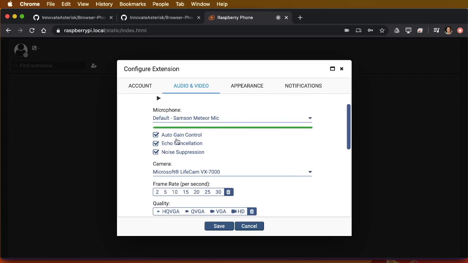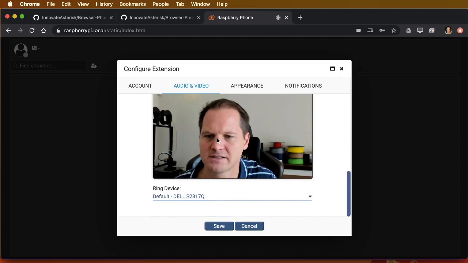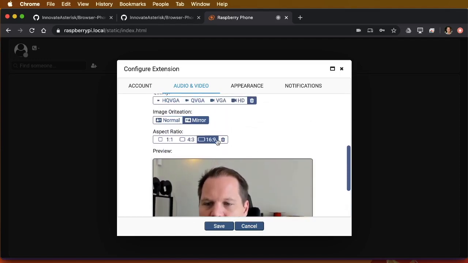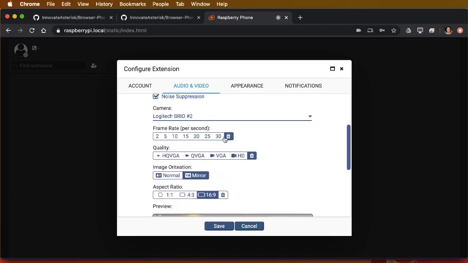Okay. Auto gain control and echo cancellation, noise suppression, they're on by default and that's fine. All right. I can also choose my webcam. All right. There you go. As I'm talking, it is now showing the video footage, and I can change some of these settings, but bear